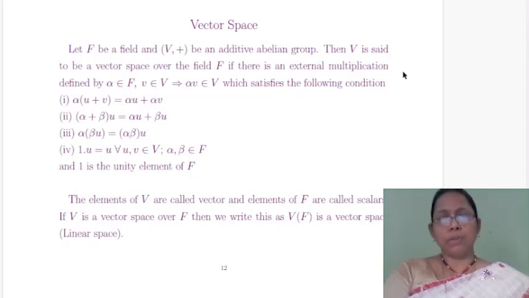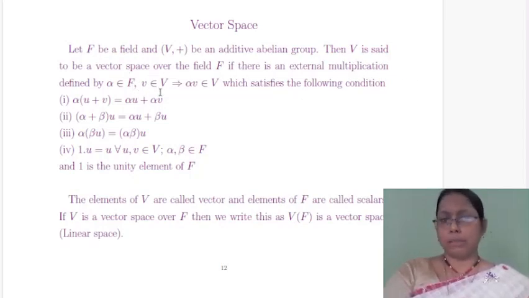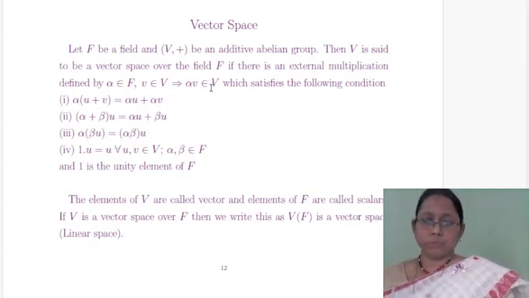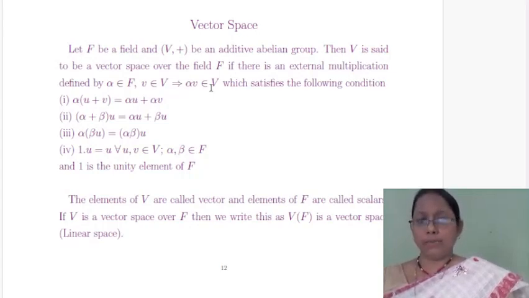Scalar multiplication, also known as external multiplication, is defined in the same way: alpha in the set of scalars and v in the set of vectors, alpha v in the set of vectors. Then we say that 12 more conditions in addition to these 4 are satisfied by a set to be a vector space over the field F. These conditions are: